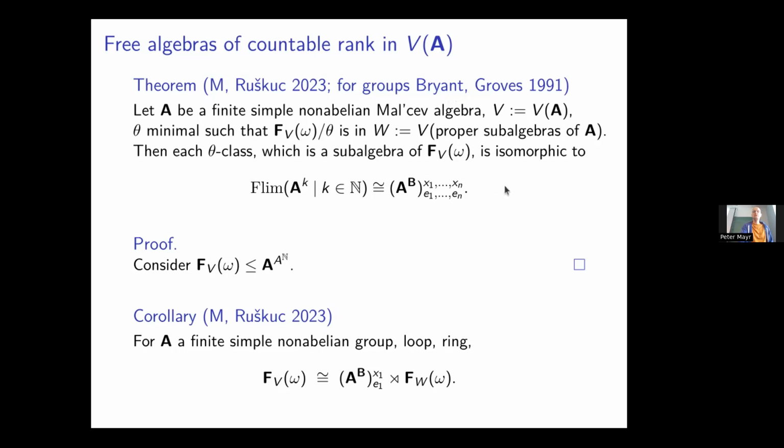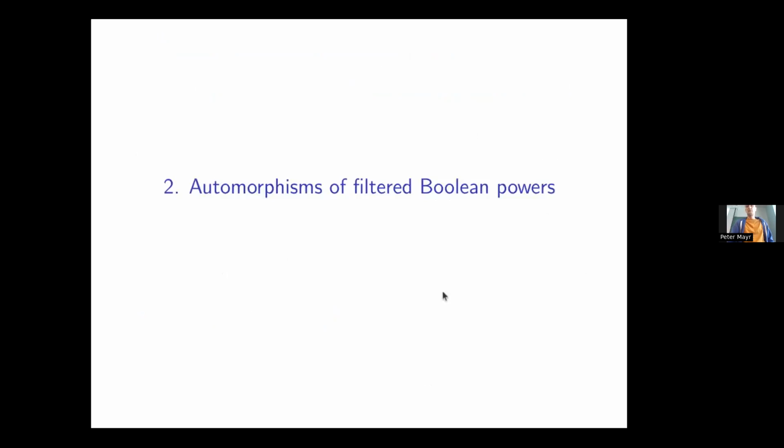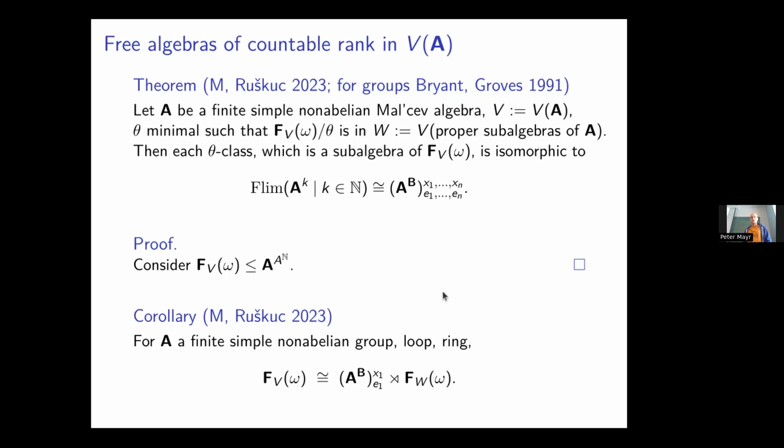So it looks a bit abstract. For groups, this was actually observed in the 90s by, I think, Bryant and Gross for the first time. You specialize this result to classical algebras like groups, loops, or rings, where you just have one idempotent, the trivial subalgebra, and congruences are determined by the classes of the identity. And then we can sharpen that result and say